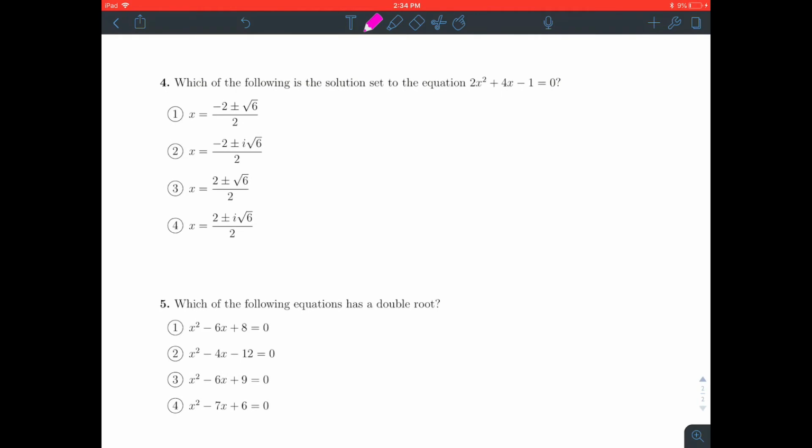All right, problem 4, this is that more complicated quadratic formula one. It says, which of the following is the solution set to 2x squared plus 4x minus 1? In order to solve this one, looking at the answer choices, it looks like we need our quadratic formula. So x is equal to negative b plus or minus the square root of b squared minus 4ac, all over